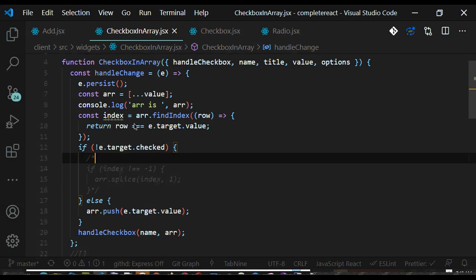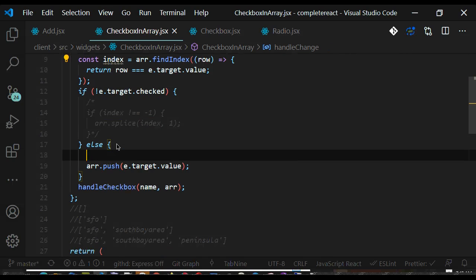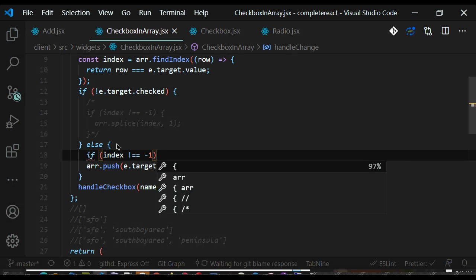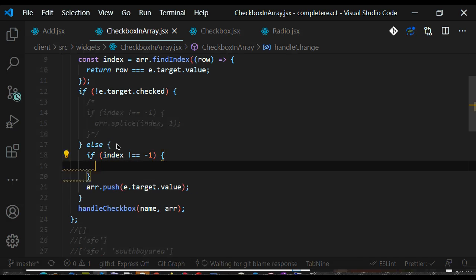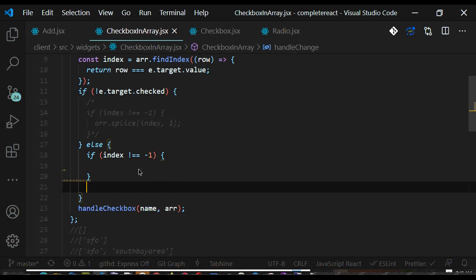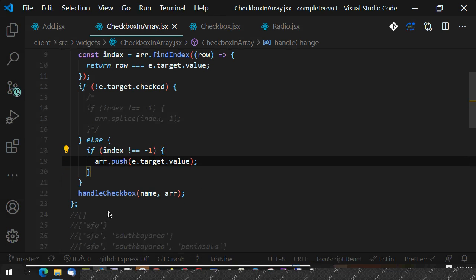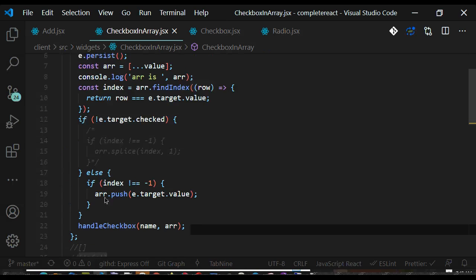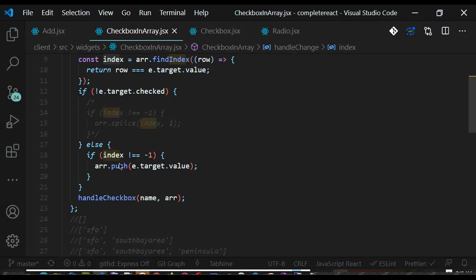in both the cases. So index will be, I loop through the array and I find the index of the one which I'm trying to uncheck or check. And here I will say if index is not equal to -1, that means if we didn't find South San Francisco, then only push it. If we find the San Francisco, then don't push it. So what will happen if I have added SFO already and second time if I am trying to add it, it will find the index, and since index will be there,